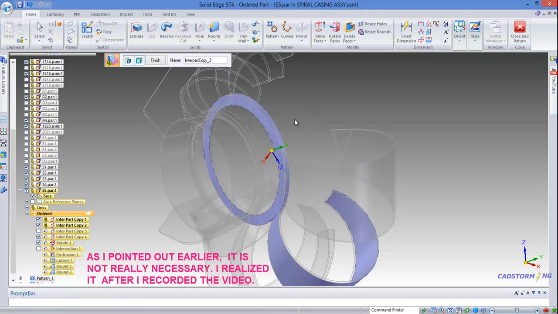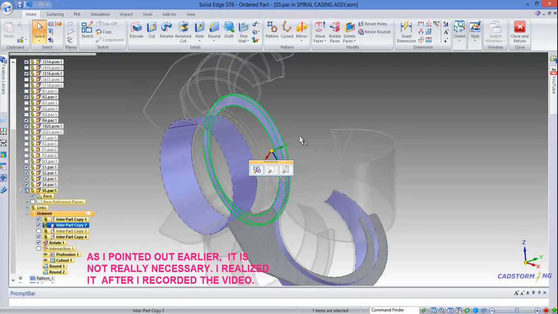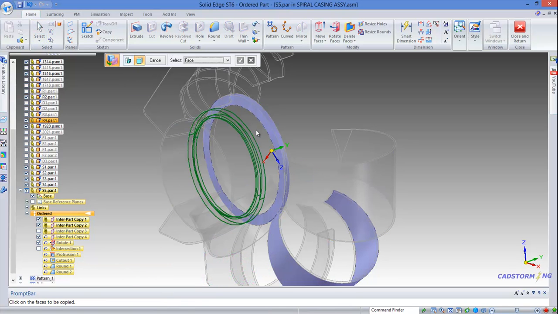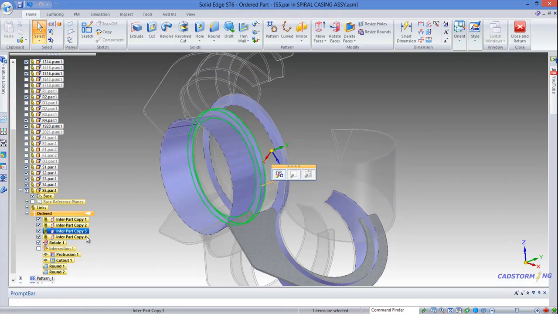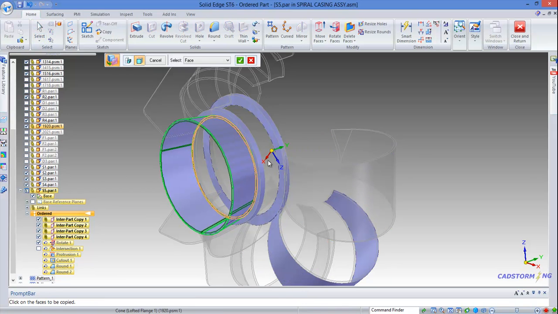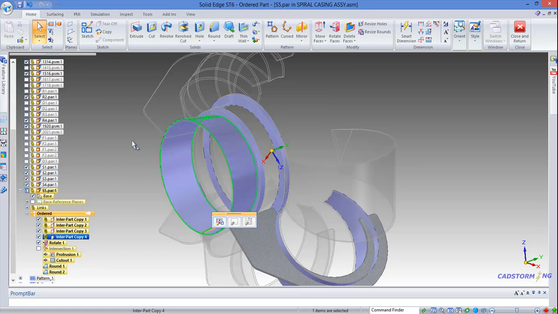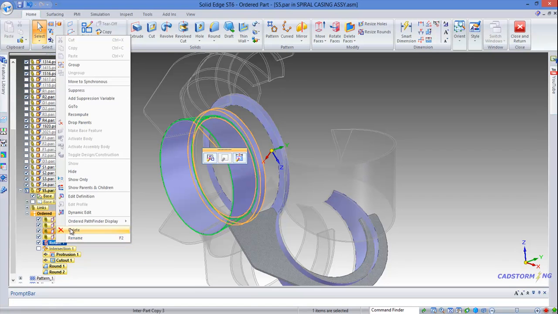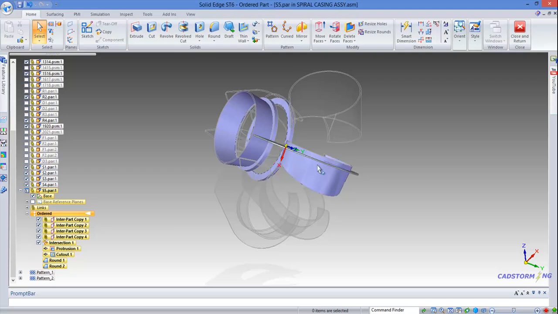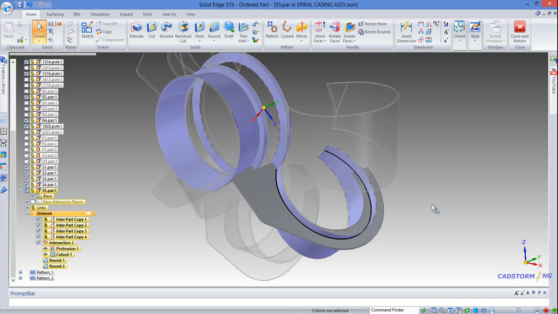I really wish I didn't have to update this component also, but it is how it works and update the best. This face and this face, and this one will also be this one, and we don't need the rotate, so we delete it and check the intersection. Looks fine. Control Q,